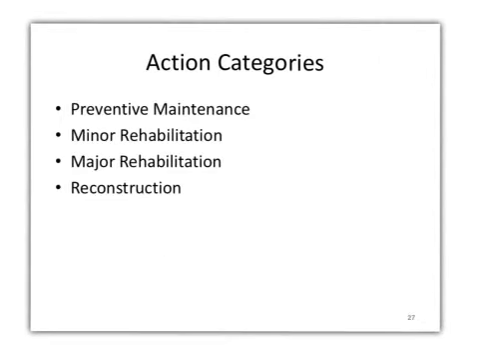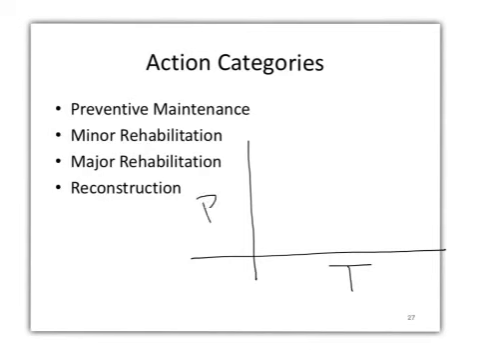The action strategies that you also need to be aware of while you are developing your multi-year prioritization, the very first one is the preventive maintenance, then minor rehabilitation, major rehabilitation, all the way to reconstruction. If we recall from the very beginning of the class, this also has to do with the pavement condition. If I have time, and this is pavement condition, and then I have the typical curve here. So if I waited